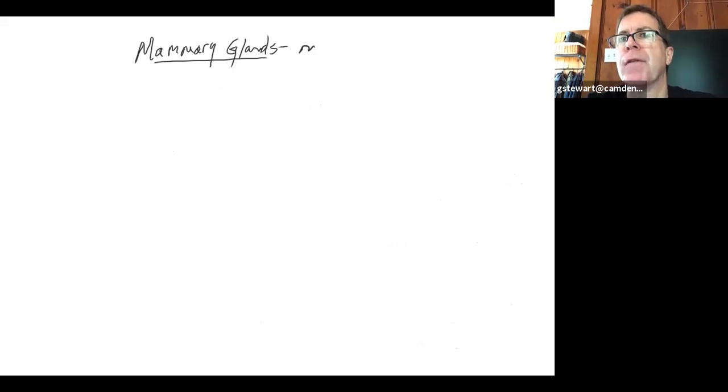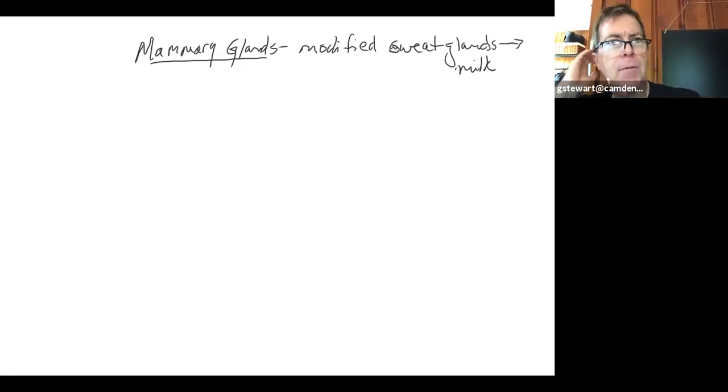So I'm just going to say modified sweat glands. And they're stimulated by the nervous system as well as the endocrine system, hormones and neural stimulation. All right, so I've gone over sweat glands,